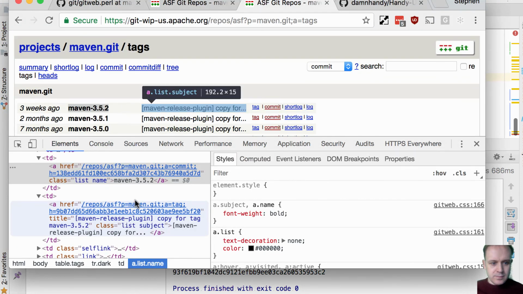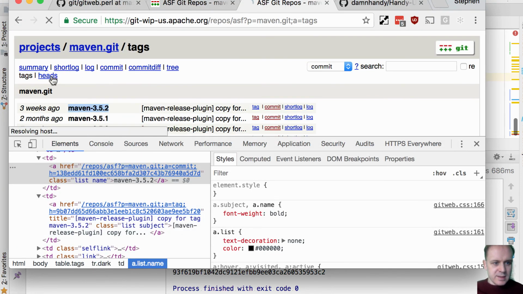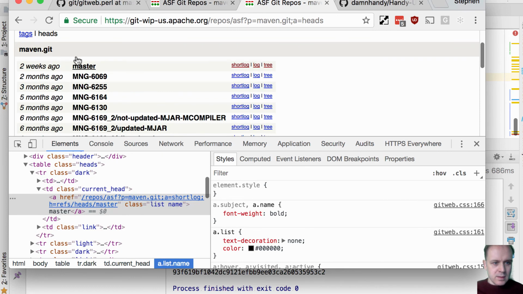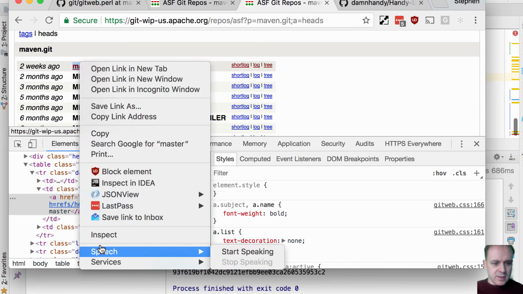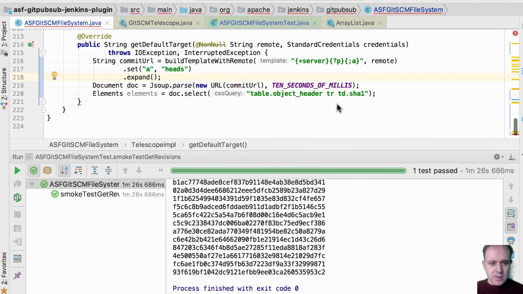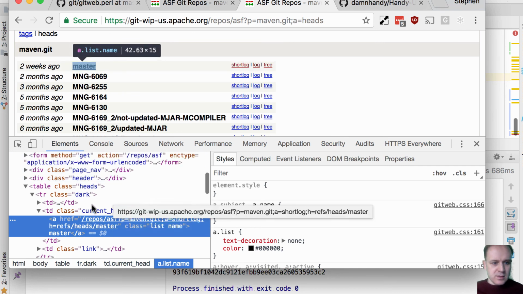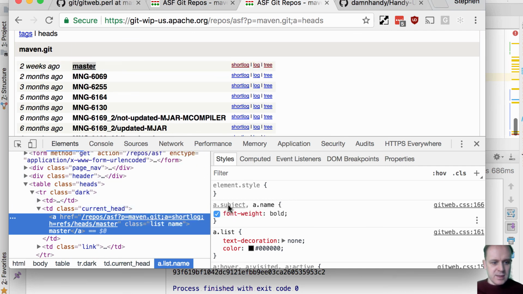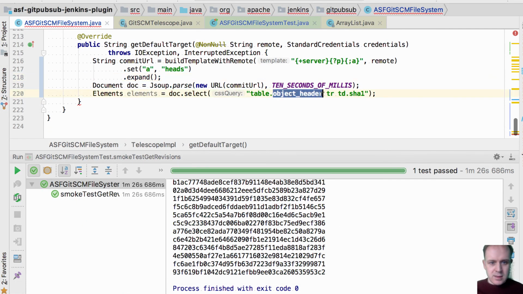Now, for my heads, let's inspect this one. Class current head. So that's in TD class current head. Heads. So it'll be class heads, TD heads,